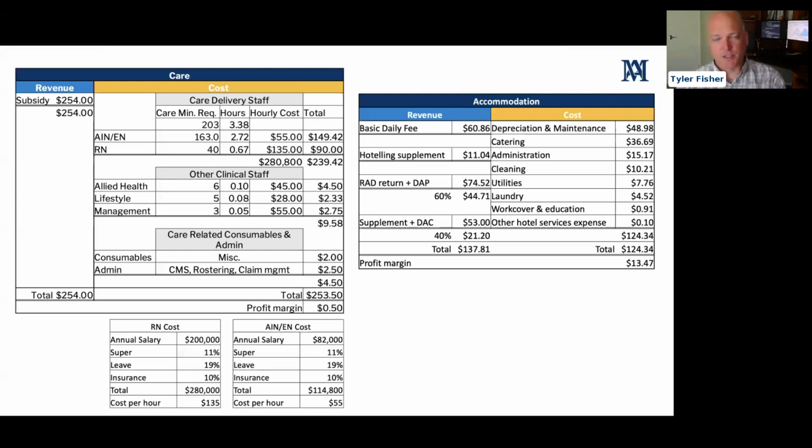So the point here is that there isn't margin available anymore in subsidy. So care subsidy is meant to be spent on the provision of care, which then allows us to pivot to the other side of this slide, and that's looking at the RADs and DAPs. And this must be seen as a key to a successful business and really managed accordingly. We also have to have financial goals for the accommodation cost center, and these can include building a financial war chest or ensuring healthy cash flow while maintaining the cost of capital, managing the cost of capital.